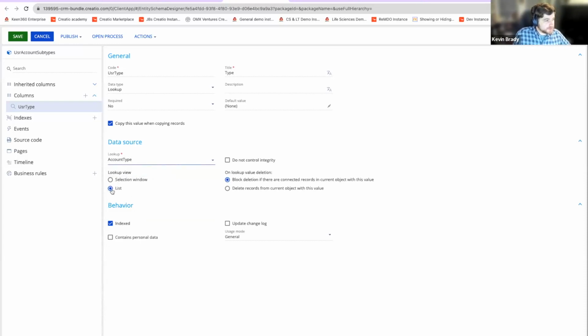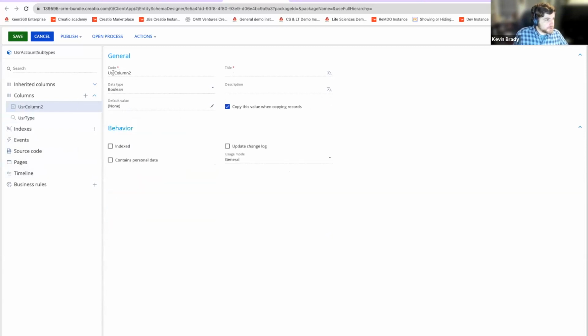I'm going to leave it as a list view. And I think that's all I should need. I don't need a default value for it. Yeah, that should be good. And then the other thing I want to add while we're here, just to give you an idea of some of the other fields that you can do, I'm going to do an other, and I'm going to do a Boolean, which will be an active